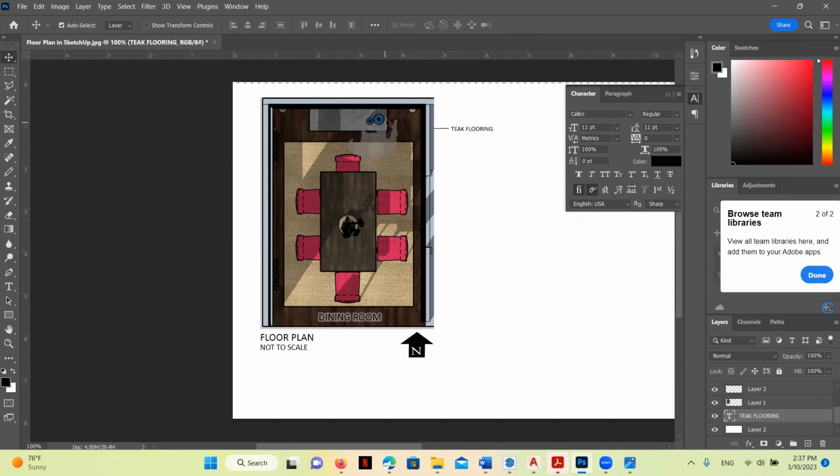Okay, the next thing that we're going to do is create a camera view. Now there's going to be a few places on your floor plan that are going to correspond to either camera views or perspective drawings. And so we want to make sure to indicate that first and foremost. So you can copy and paste your elevation tags into your Photoshop drawing just the same way that we've done these other elements, and we can also create a camera view.